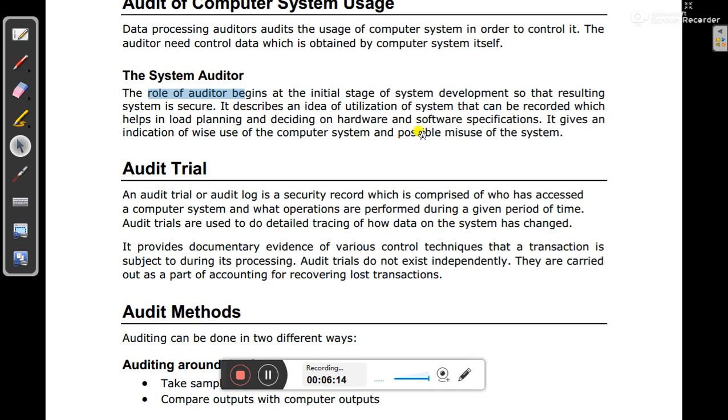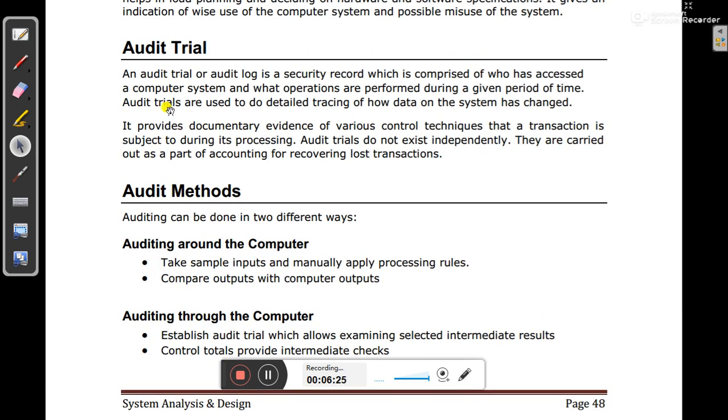We can reduce the possible misuse, and we can wisely use the computer system. In case of audit trail, an audit trail or audit log is a security record, which is comprised of who has accessed the computer system and what operations are performed during a given period of time. And this log is very important in case of any computer system, because it keeps track of the operations